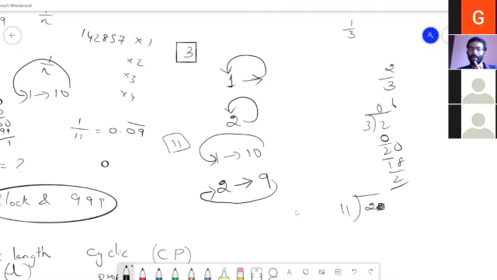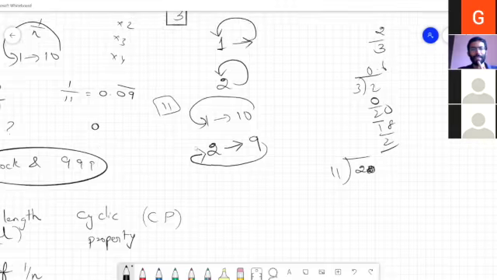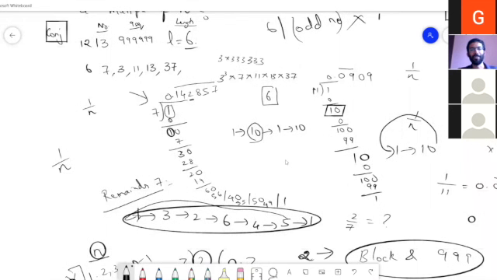Okay, fine. So now we'll just look at this division. 1 divided by 7, we are having this, right? And the repeating starts when you get back the remainder 1. Now my question is, we keep adding zeros at each stage, right? How many zeros have we added? 1, 2, 3, 4, 5, 6.